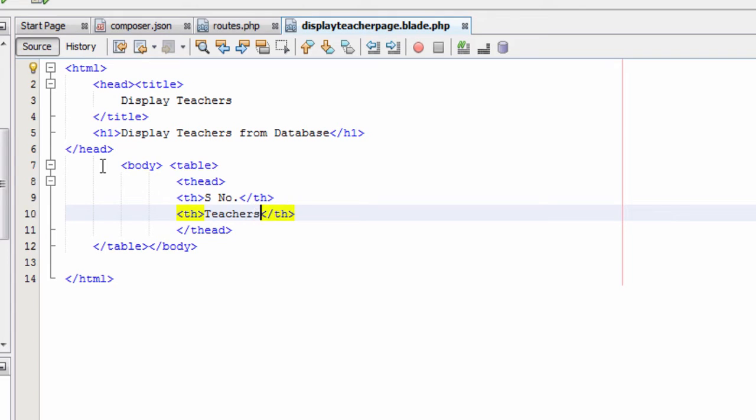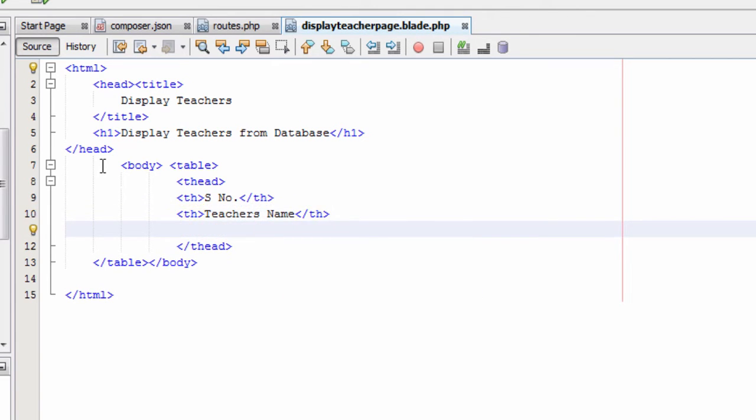Inside the table heading tag type the serial number, that is S space NO dot. And in the second line type another th tag and a closing th tag. Inside that type teacher's name.